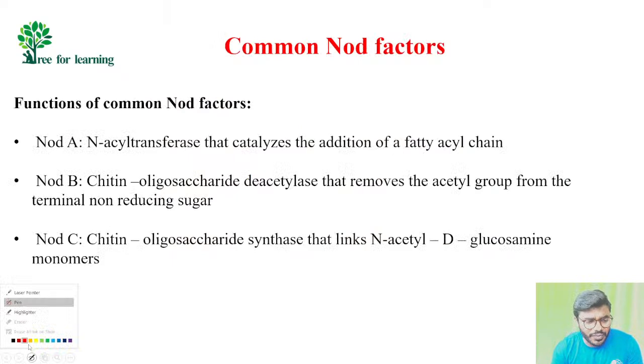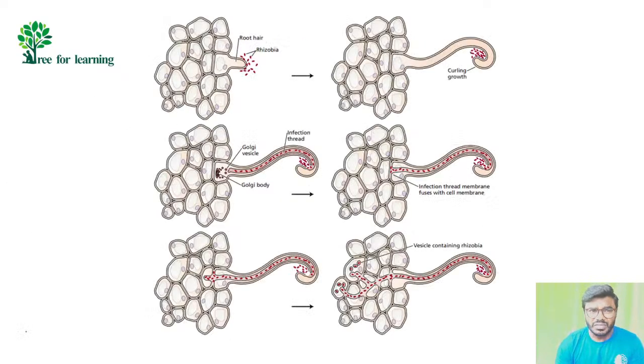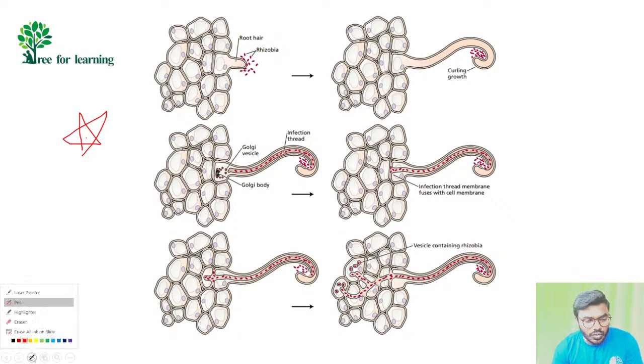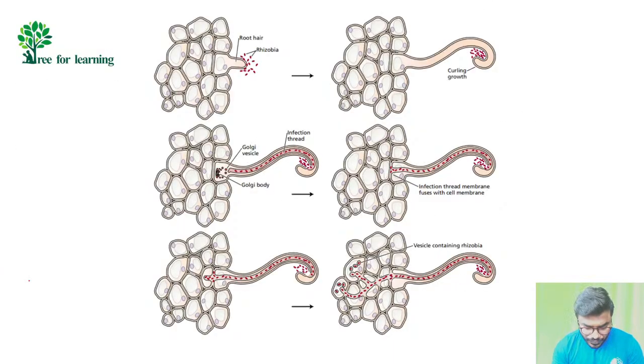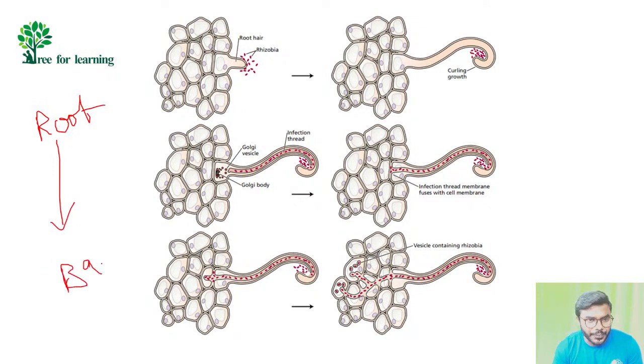All the students follow my words correctly now. So friends, focus. If you understand this particular slide, the concept is crystal clear. How is the symbiotic association taking place? It will be crystal clear to all of you if you understand this slide. I'll explain point by point. Remember, in the symbiotic relationship, the root has to attract what? Bacteria. The root hair has to attract the bacteria.